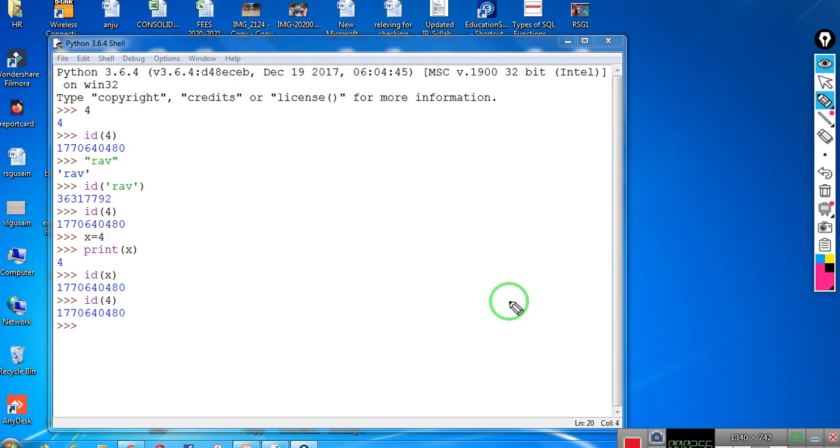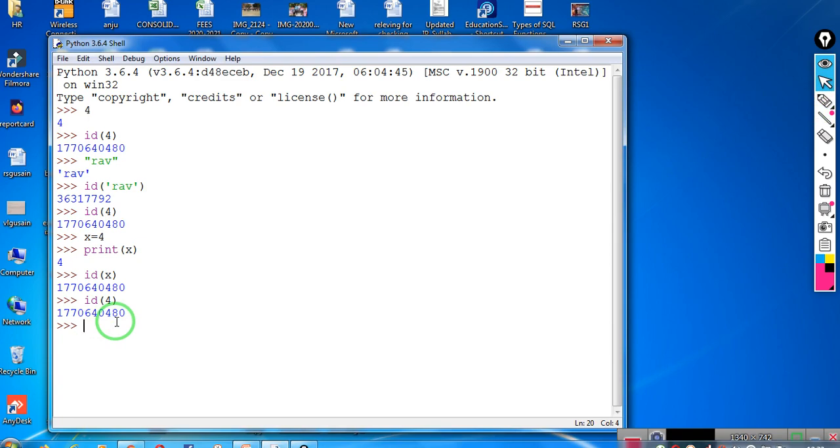So in Python, a variable does not store a value. Instead, variable names are stored as a reference to a value object. So each time you change the value, the variable's reference memory address also changes. As I have already told you, in Python a variable does not store a value. Instead, variable names, here the variable name is x, are stored as a reference to a value object.